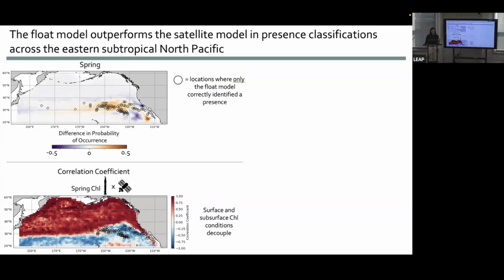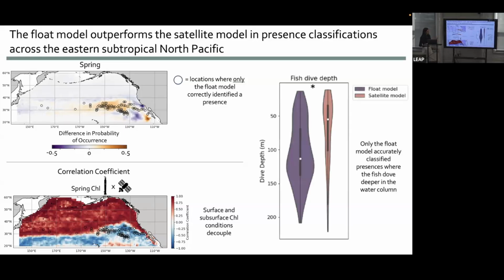We then looked at fish diving behavior in this region. Since only the float model captured the true presences here, we wanted to understand whether those fish were diving differently in a way that might explain the float model's improved performance in this area. So on the right here,